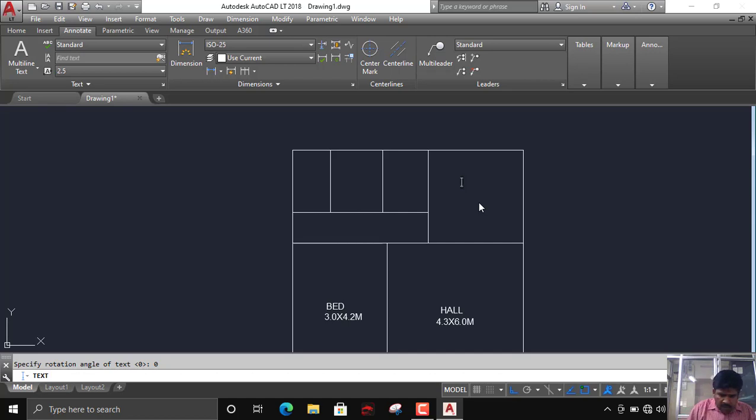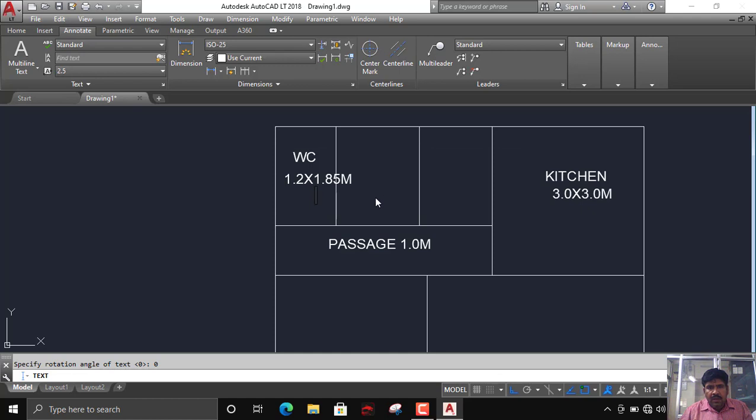This one is the kitchen of dimension 3.0 by 3.0 meter. This one is a passage of 1 meter wide. This one is WC of 1.2 by 1.85 meter, right?